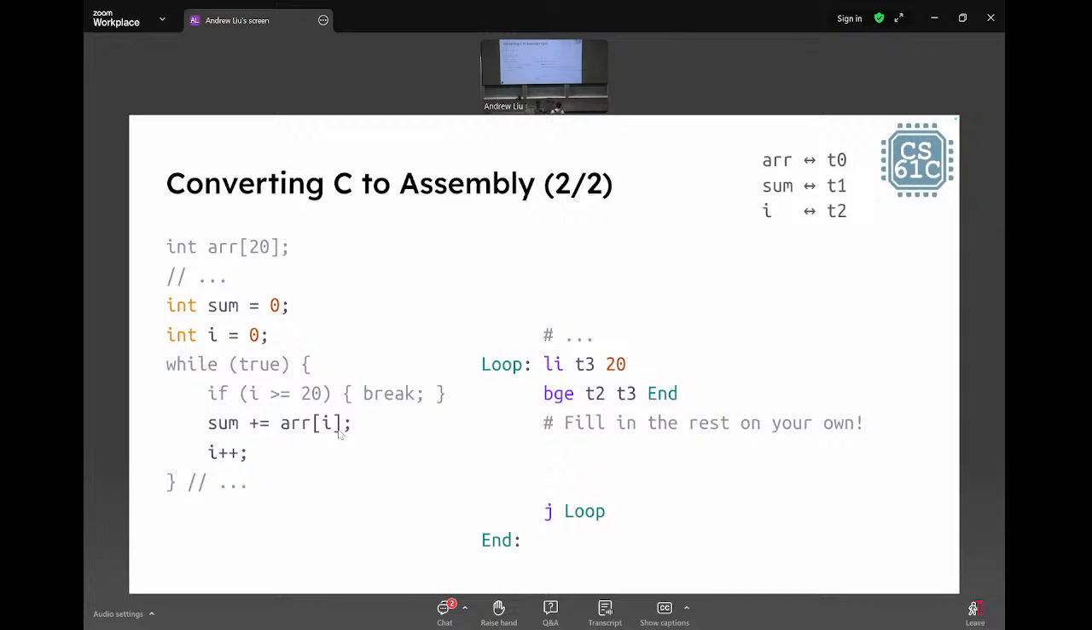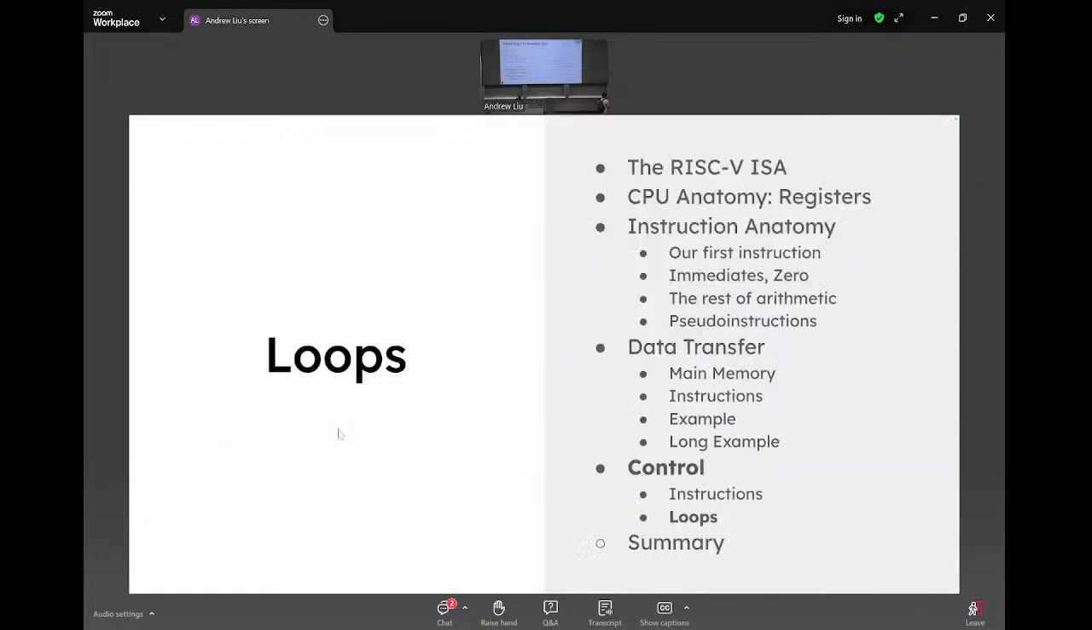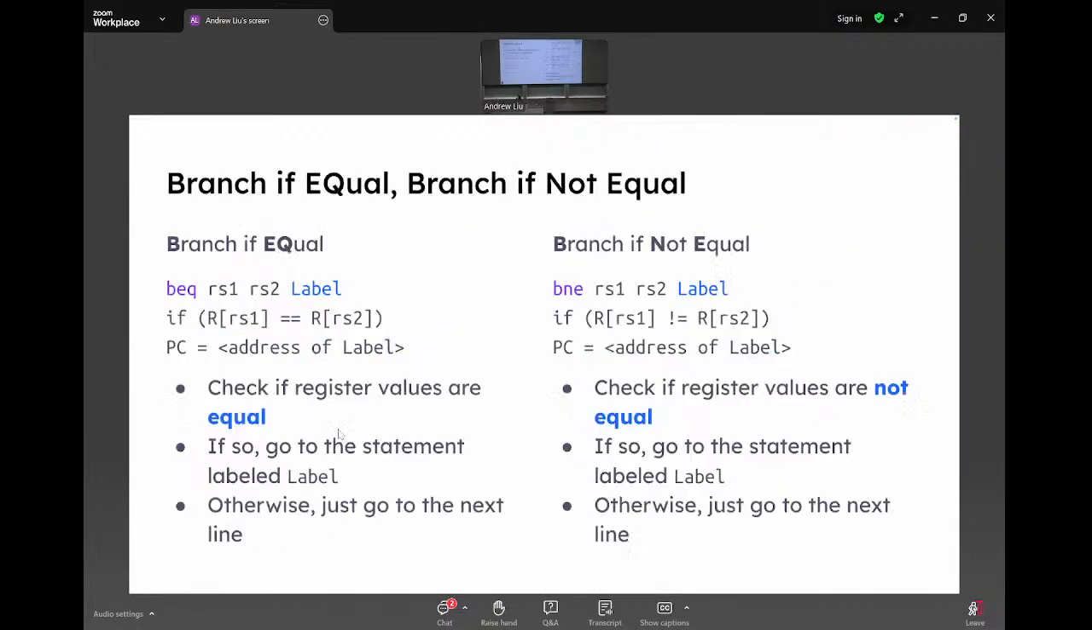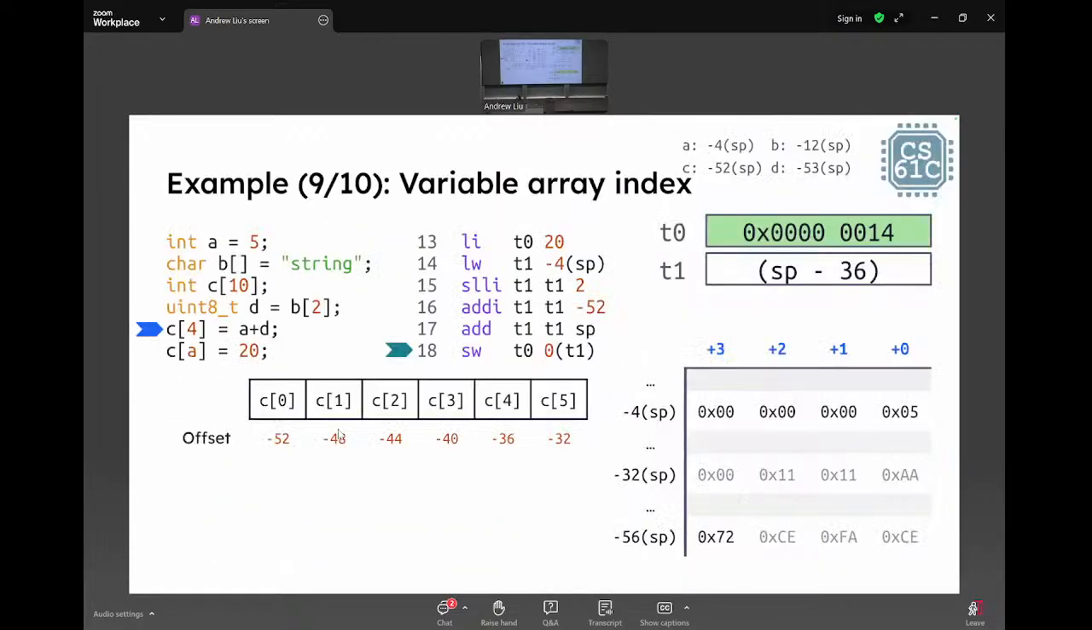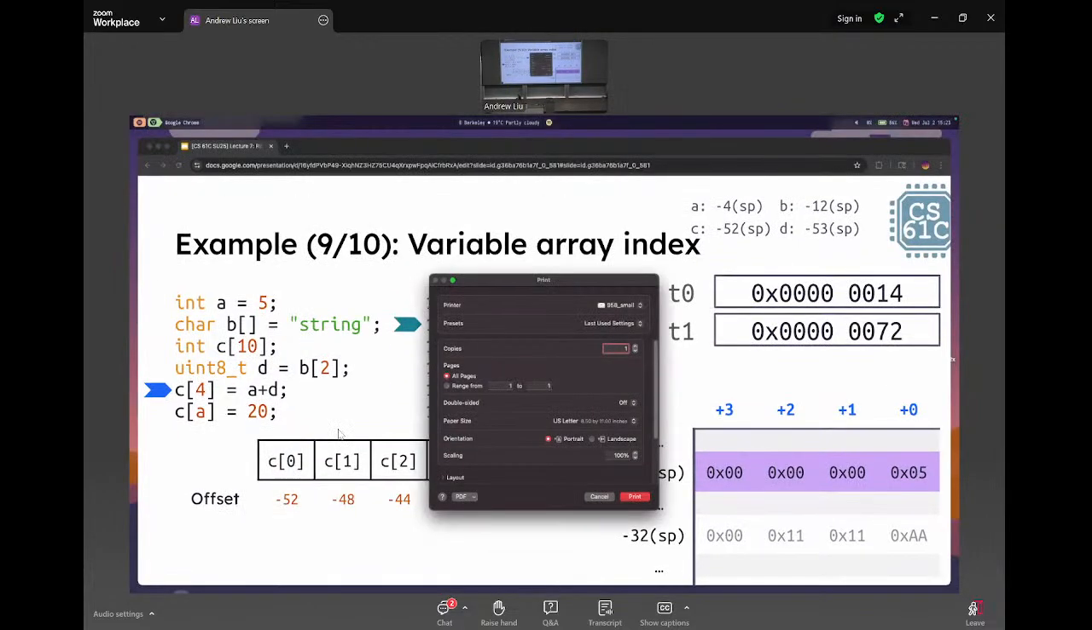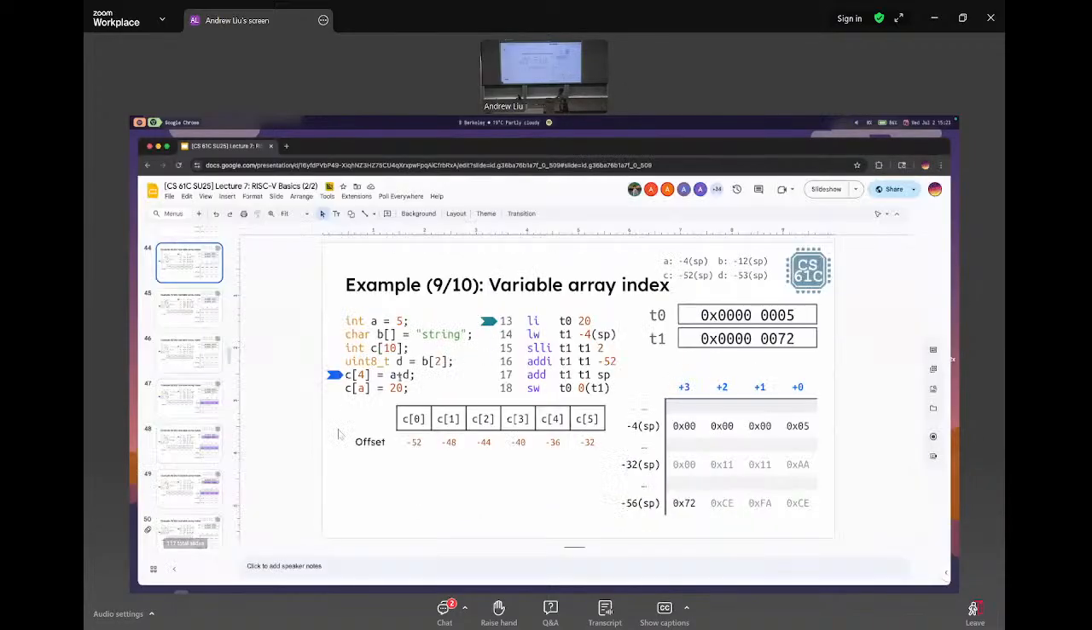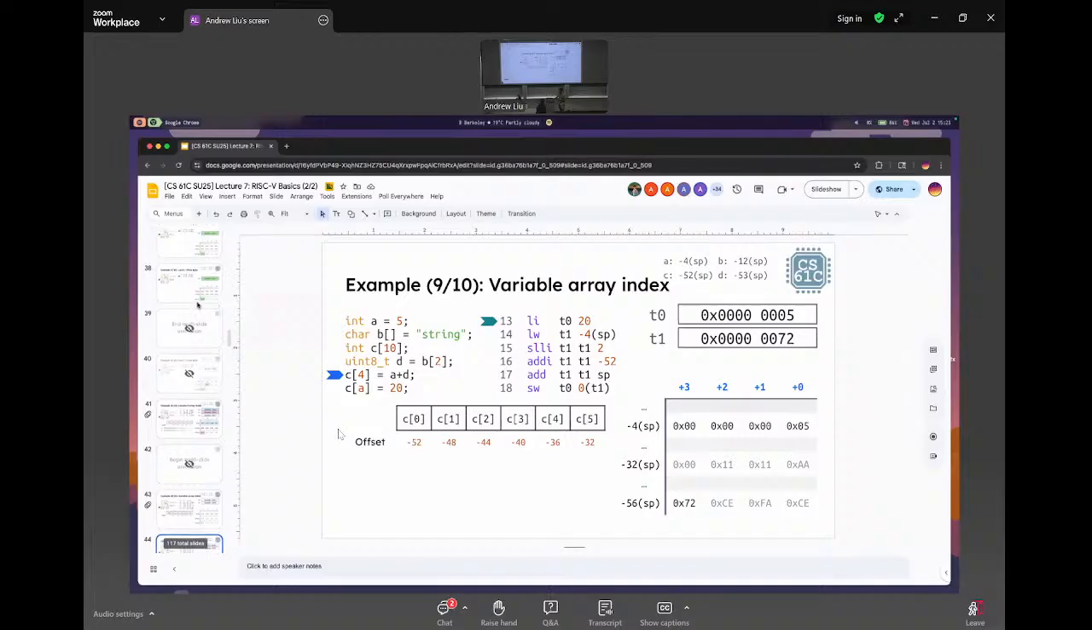This one really confused me, the part where you're doing the SLL, the left shift by 2. Shift to the left. I didn't understand that. So for here, when we are storing the string, how do we know how many bytes